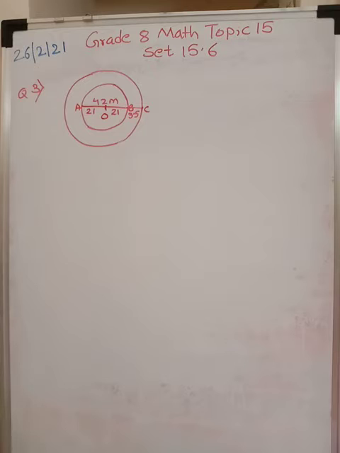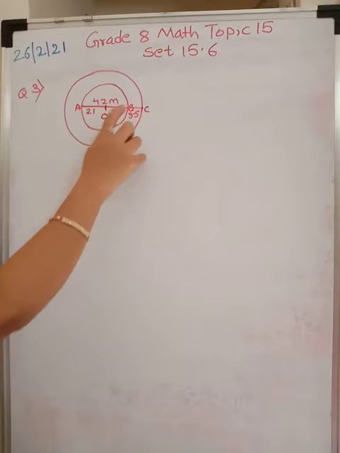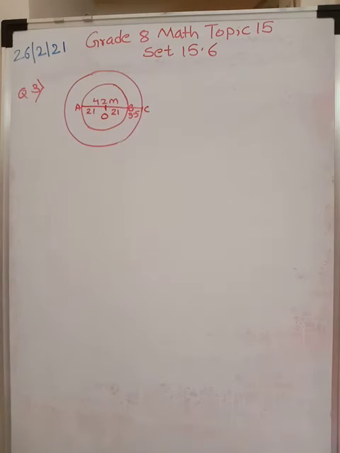Now next. There is a 3.5 meter wide road around the garden. The width of this road, from here to here, the distance is 3.5. It will be the same everywhere. Are you understanding me? So from B to C the distance is 3.5. Find the area of the road.